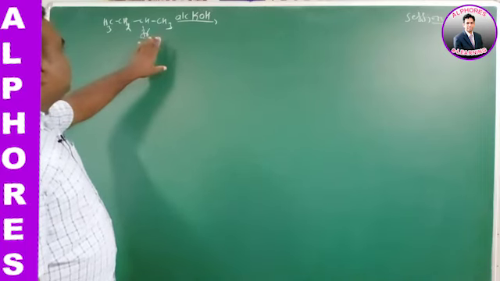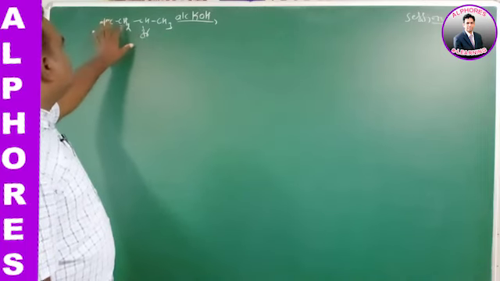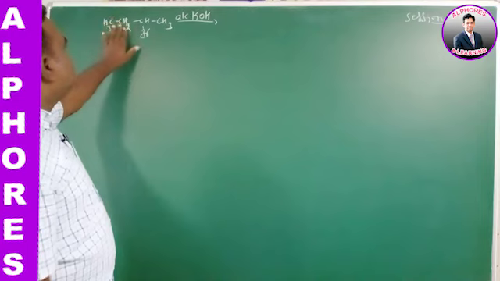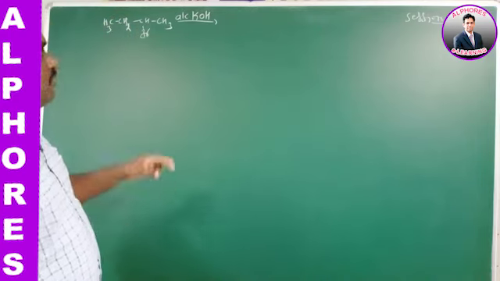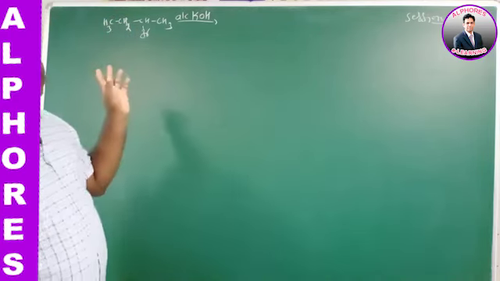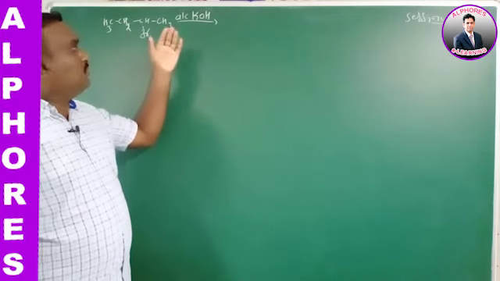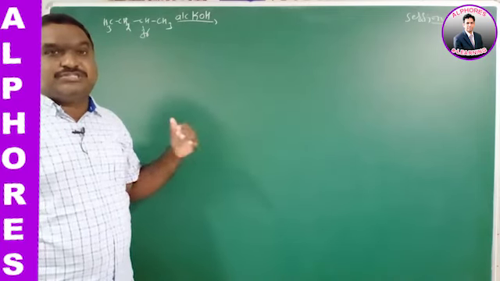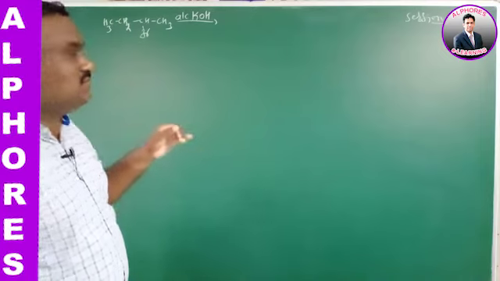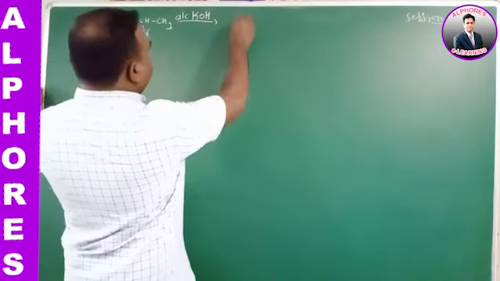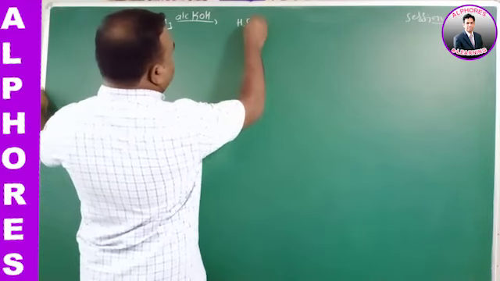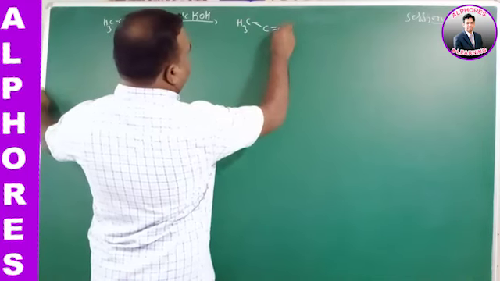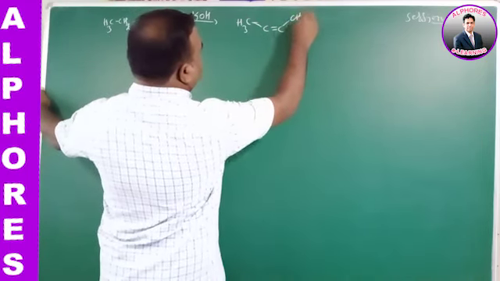The given reaction is an elimination reaction, meaning removal of hydrogen from this one but not this one. Two types of products are possible. The given base is a small base, so the stability of the product is important in this case. Here no stereochemistry is given. That means CH3, C double bond C, CH3.